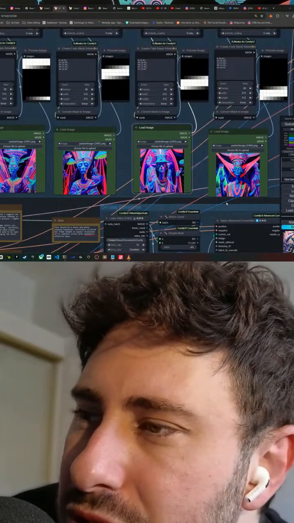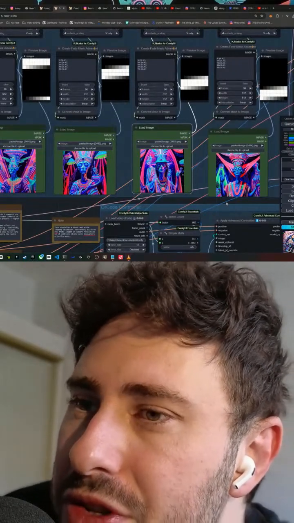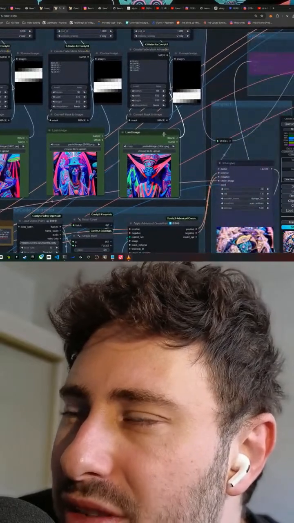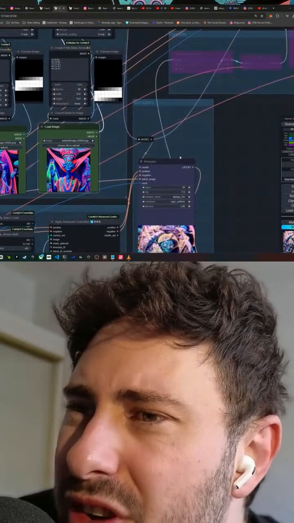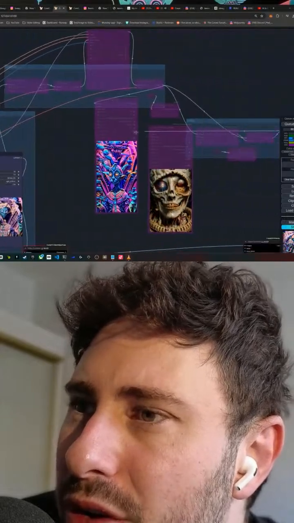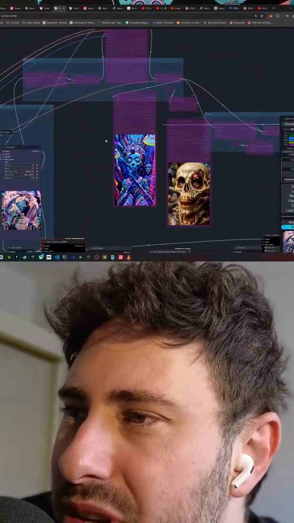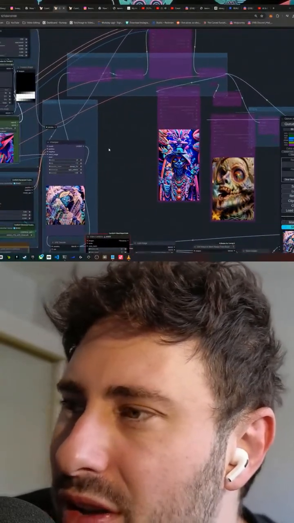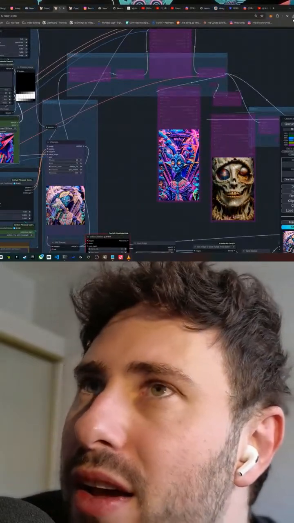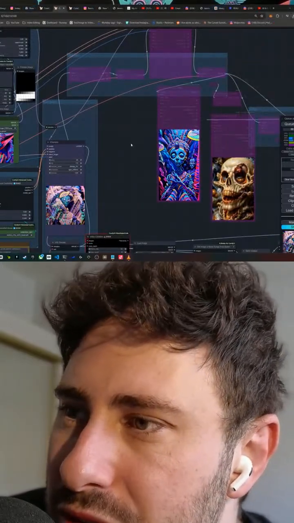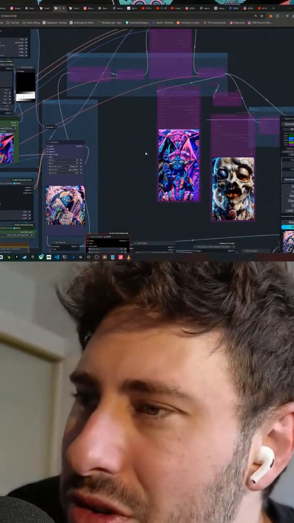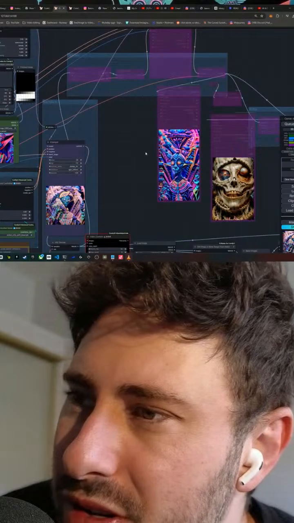Not better results, just different results. I still use Topaz to polish off my work, basically in the final stage. After I've done everything I want to do in Comfy, Topaz is pretty much my final. I like to upscale things in multiple passes. I like to start with the workflow you just saw, and then I will drop it into Topaz and try and upscale it a little further. Because Topaz doesn't hallucinate new details as creatively as Comfy does.